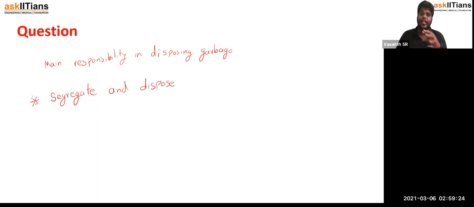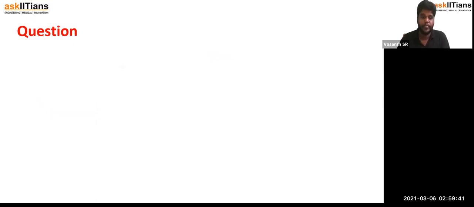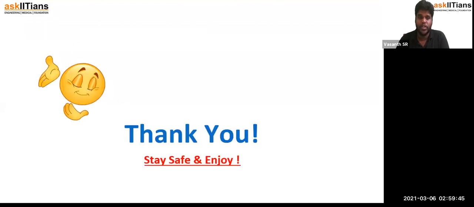Why? Because segregation is a laborious process, but when a small quantity of garbage is segregated from your end, it becomes very easy to accumulate and later go straight into the process, instead of involving many people to handle the garbage. That's not a humane thing. So these are the questions that are usually asked.